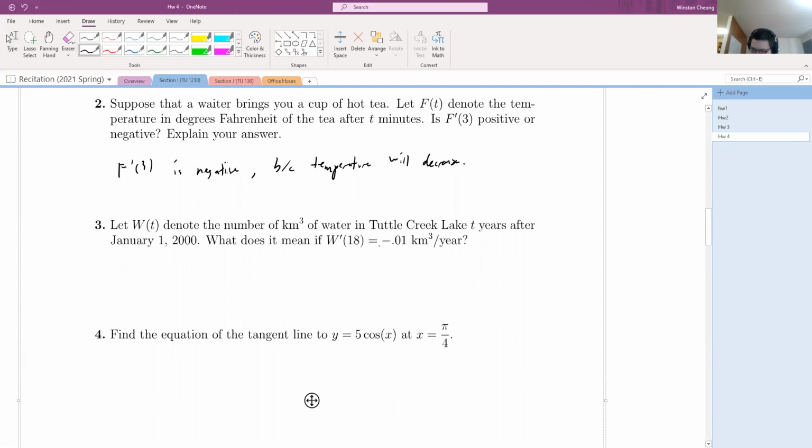How did I write this? In 2018. So hopefully you have thought about this. You have to untangle every number here and use pretty much all the words that are in the sentence. So in 2018, and that's because this is being plugged in 18 years after 2000, the water in, you have to be specific since it tells you where, Little Creek Lake is decreasing